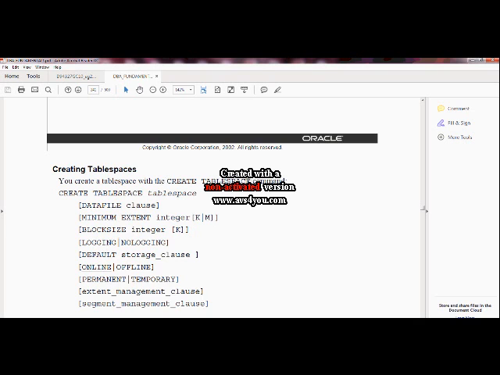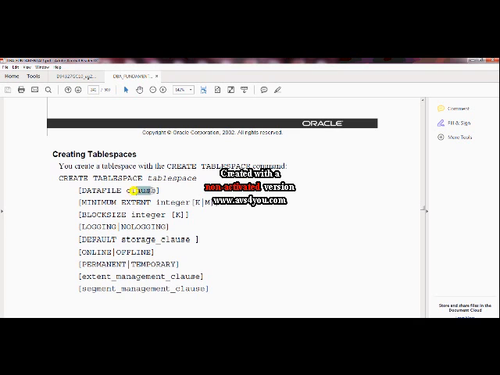You create a tablespace with the create tablespace command, create tablespace name. The datafile clause is used for the datafile, and there are lots of clauses like minimum extent, block size, logging, no logging, storage clause, online or offline. The rest you will learn gradually, but for a few things I will explain. Datafile, you have to specify the datafile. Minimum extent, you have to specify how many minimum extents should be allocated at the